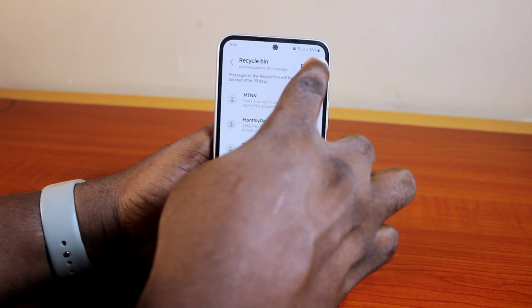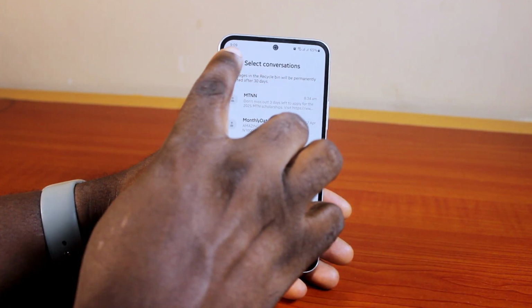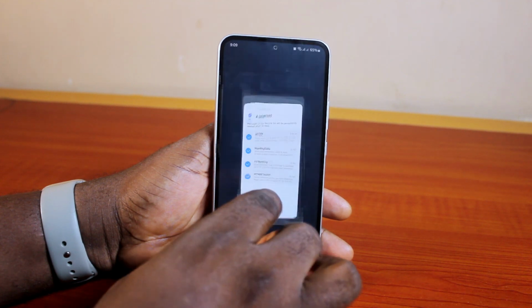And you can even go ahead, click on three dots at the top right to delete all the messages, or click on edit, select all, and then restore the messages. You see that? So that's exactly how to read